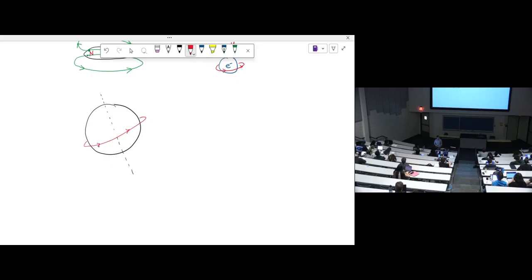Like so. And you, as a person, are going to get dropped at this point right here on the equator. So you're on the equator, and you have a little compass, and the needle points this direction,